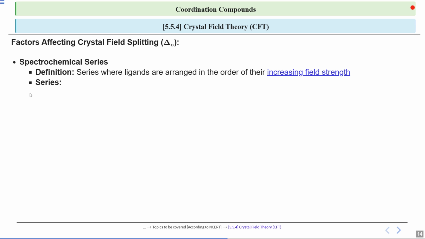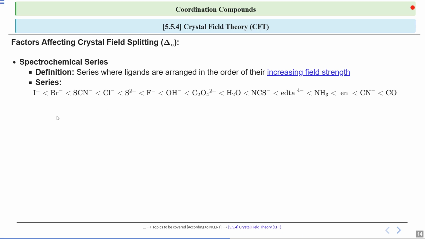And what is the series? This is the spectrochemical series, where I negative is the ligand having the lowest field strength, and carbonyl is the ligand having the strongest field strength. So from weakest to strongest field strength, we have arranged the ligands in the order of increasing field strength: iodide ion, bromide, SCN negative, chloride, S2 negative, fluoride ion, OH negative, hydroxyl ion, C2O4 2 negative,